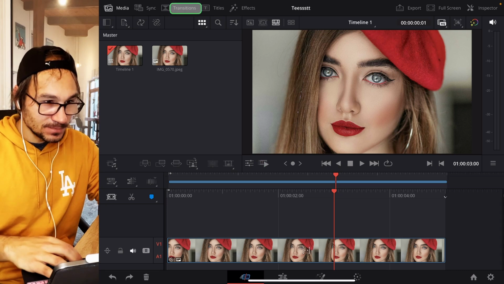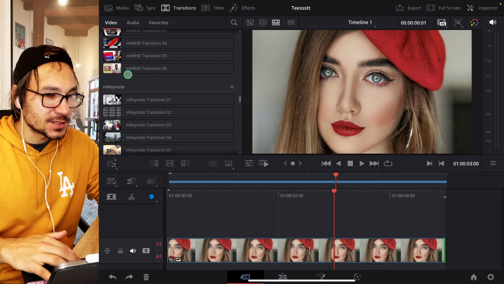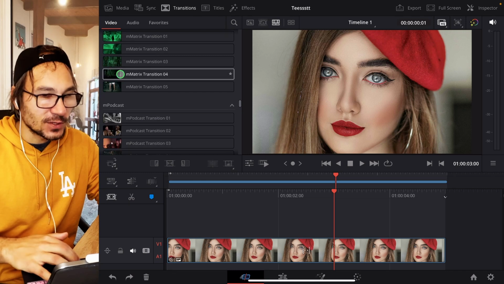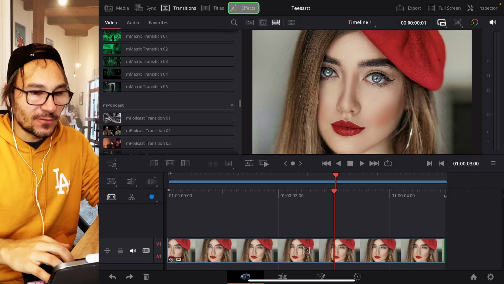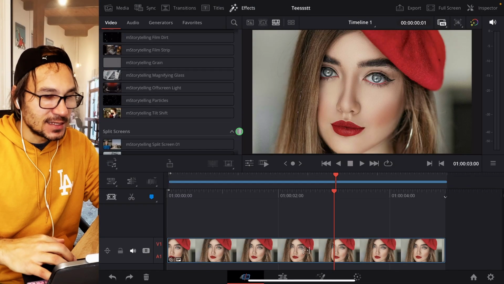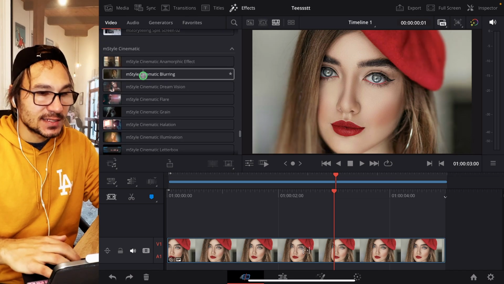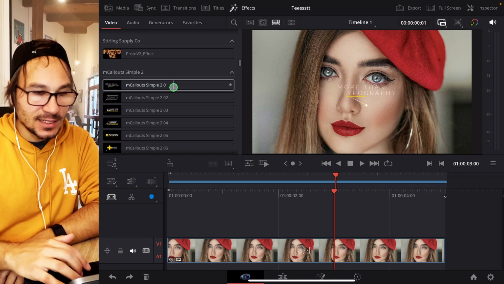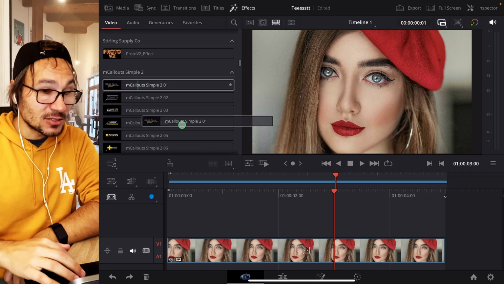So for example, if I come now to my transitions and I scroll down here, I will also see the different folders, for example my transitions from Keynote, from Matrix, the different ones that they have here. If you want the effects, because sometimes these plugins have titles and sometimes they have effects, then you have to come here to effects, and then you will see all of the different effects inside as well. For example, here I have the M storytelling, here I have the M style cinematics. The same with effects. If you see here effects, M callouts, I can even hover over this and I see this. And then if you want to apply something, a transition or effect, simply drag and drop this to your